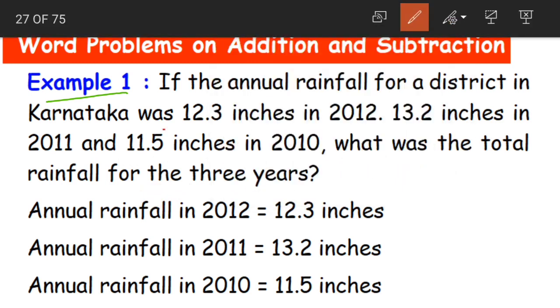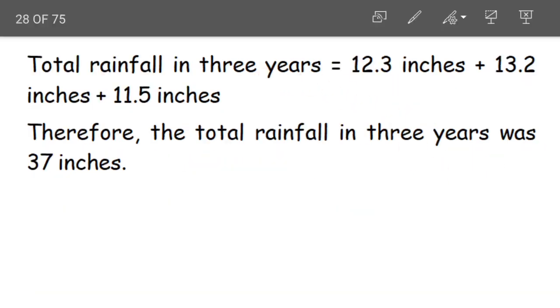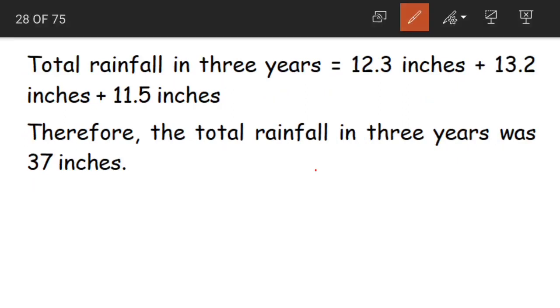What are they saying? A very simple question, right? The rainfall in 3 years is given. We have to find out the total rainfall. How will we do that? We will add them together. Yes, let us write here and add 12.3 in the first year, 13.2 in the second year and 11.5 in